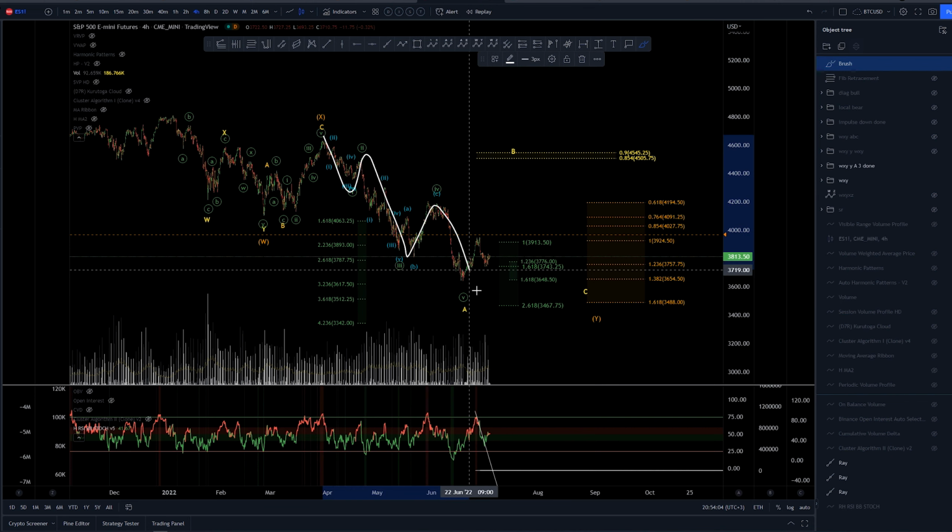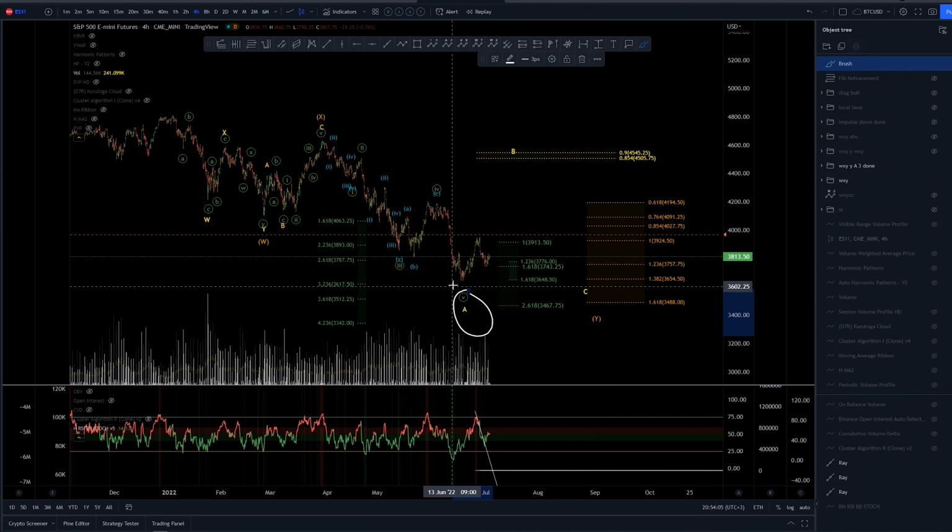1, 2, 3, 4, 5. This would create only the A wave. Then we would be looking for wave B and then C wave. This is going to make the wave Y so much larger than anything before it, so that makes it less likely. This is my main at the moment, in which we have an A, B and C into a W,